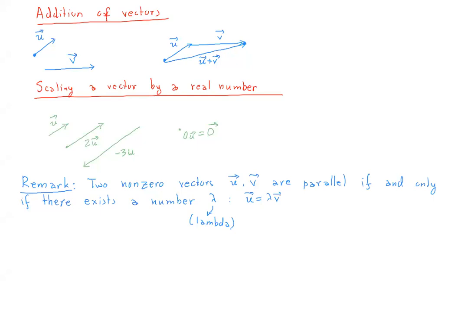You can take it either way, obviously not with the same number. It will be the reciprocal that you will have to use if you want to express the other vector in terms of the first. And please note here that in this definition, we could actually allow one vector to be the 0 vector. The 0 vector is thought of as being parallel to any vector. Okay, so in other words, we could just say that